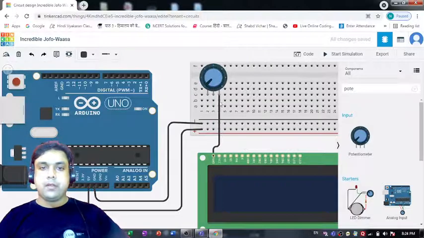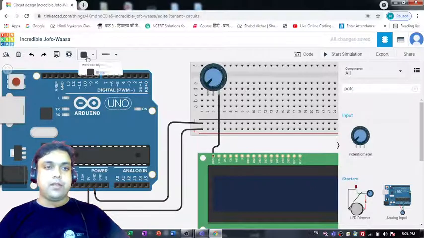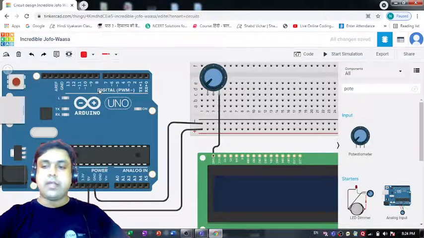Okay, right, because this is terminal 2 and this is terminal 1 and the middle one is the wiper. So we need to connect this terminal 2 to this ground pin. Remember these connections.